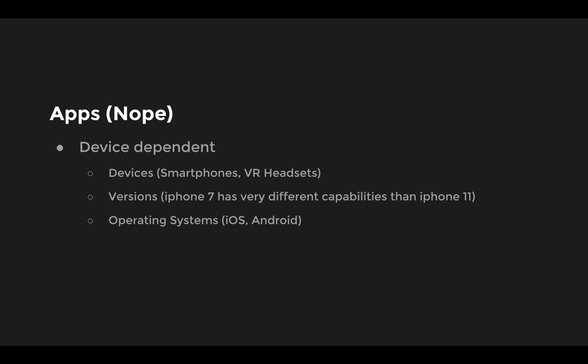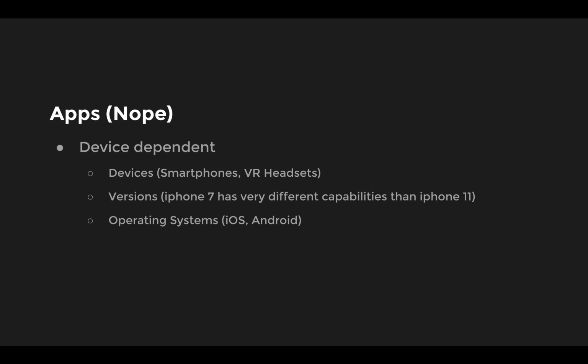Then on top of that, don't forget, even just like we built Unity for Oculus, so that would only work in Oculus, right? That's a problem. Then on top of it, we're in a real wild west of this emerging technology where I have an iPhone 7. I can't even look at some of the stuff that is available for iPhone 11. So even different versions. And of course, these smartphones have different operating systems. So there's a lot of things going on that are just problematic for delivering content on a large scale.